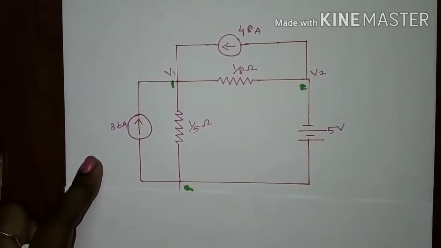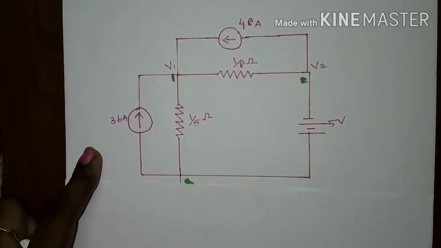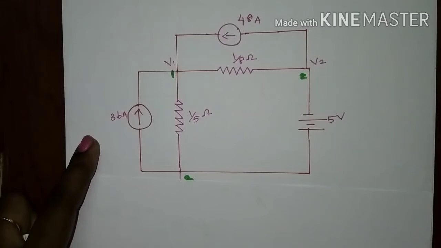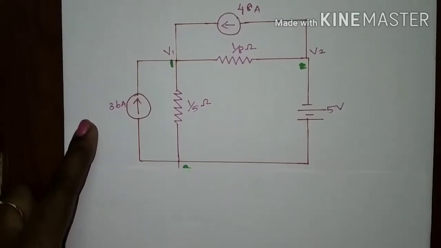In this video, we can see some node voltage problem shortcuts. We can solve these node voltage problems within a minute without forming a matrix, without using Cramer's rule, and without a lengthy procedure to find the node voltages and branch currents. So we can use some shortcuts to find them very easily. It may help you to do these types of problems in exams.